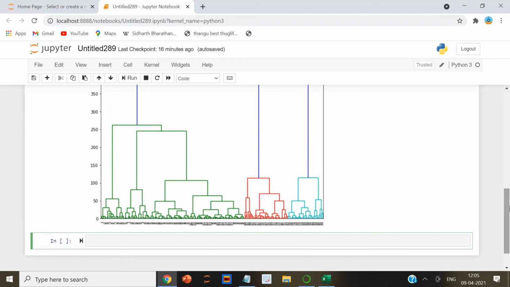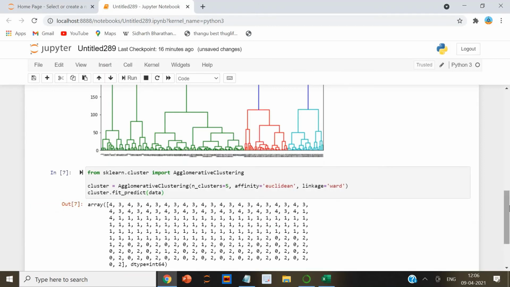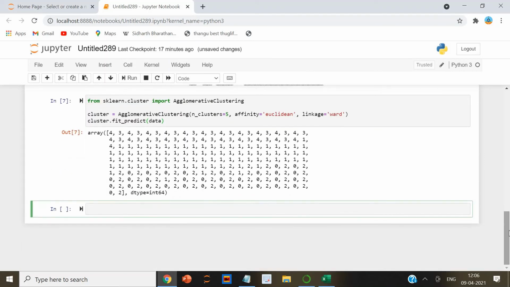To do so, we will again use the agglomerative clustering class of the sklearn.cluster library. The output of the script above looks like this. You can see the cluster labels for all of your data points. Since we had 5 clusters, we have 5 labels in the output, that is 0 to 4.